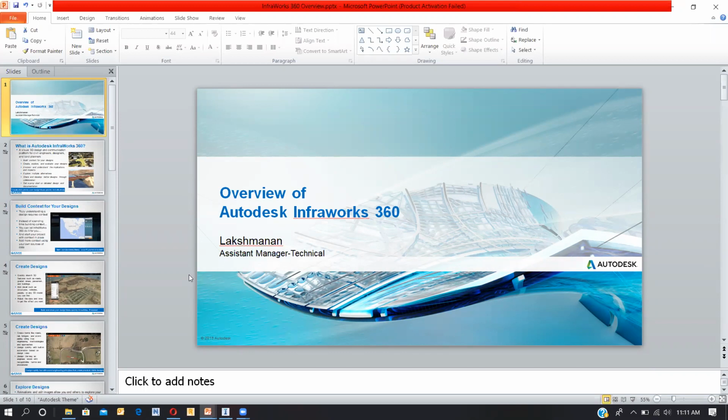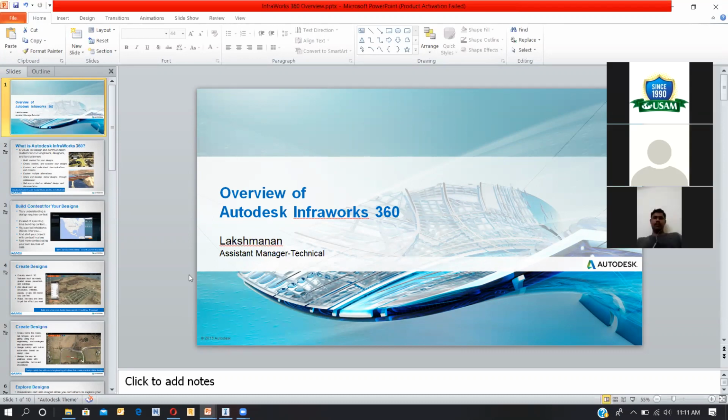Actually, InfraWorks 360 is a cloud-based tool. So you can save your models in the cloud, and you can save in the local system also. But the thing is, it grabs the data from the cloud and it makes you work. So it works on the internet. When you are logging in, when you are starting a project, you need internet to access. Once you go into the project, or you're going to model anything, you don't need internet at that time. But at last, when you are going to sync the project, you need internet to sync the projects.